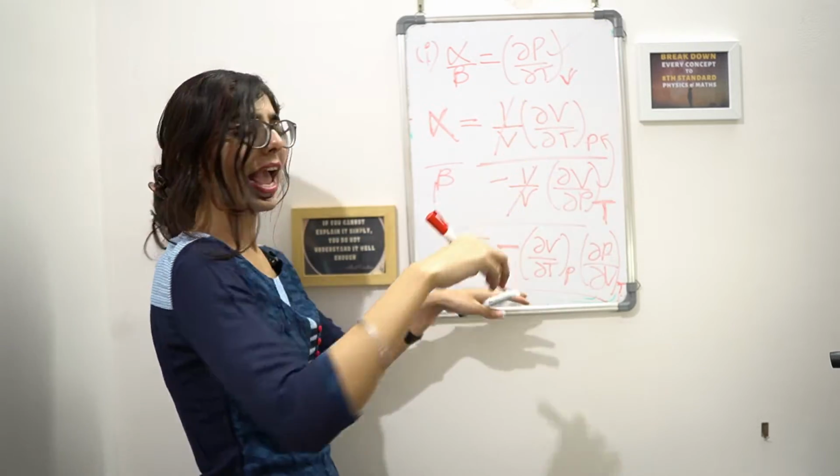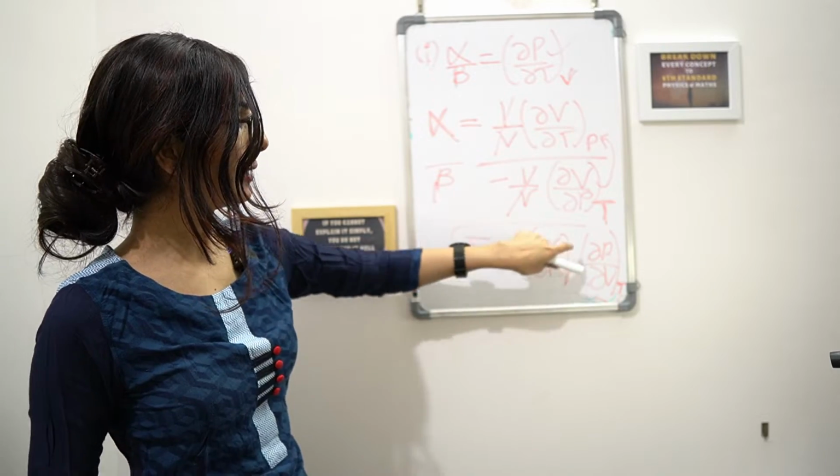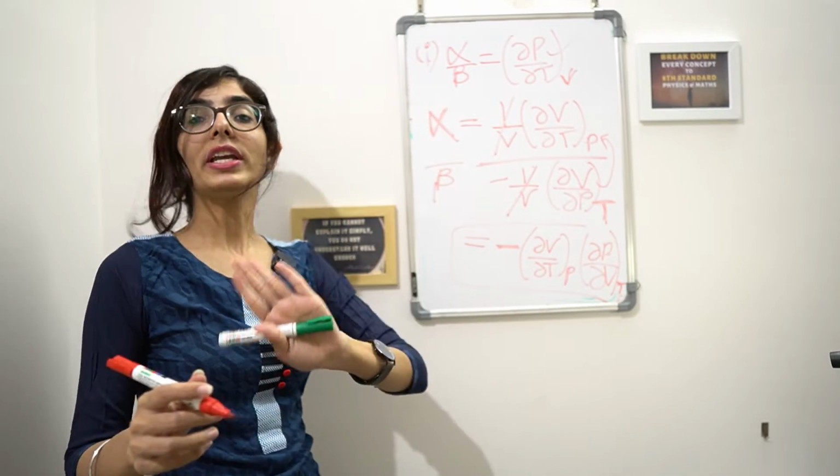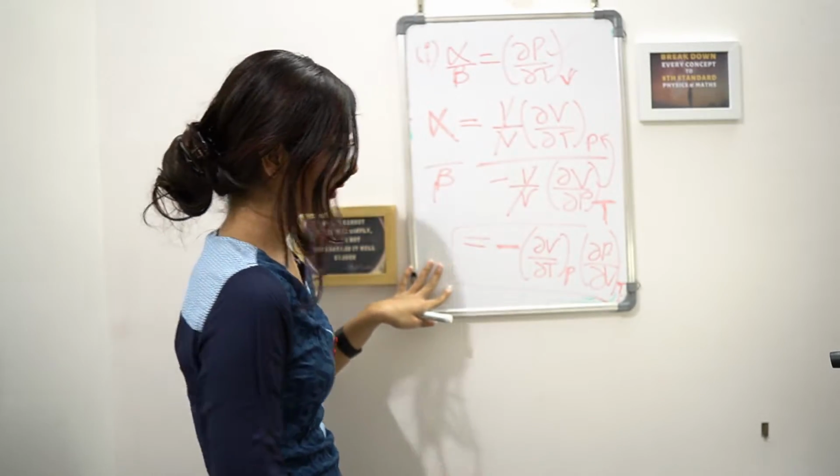So guys, can you see any correlation from this formula to this? Like it is VT, PV, PT. So we can do it from the cyclic rule, where I told you how to do it. So let's do it from the cyclic rule.